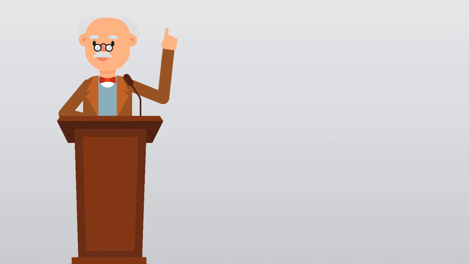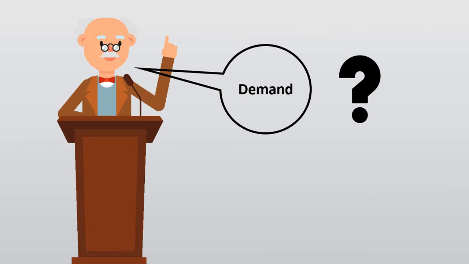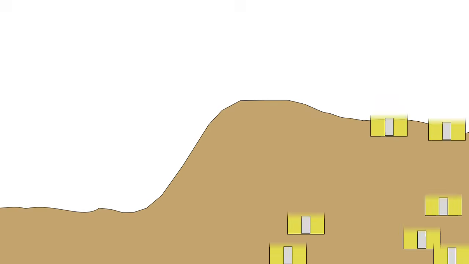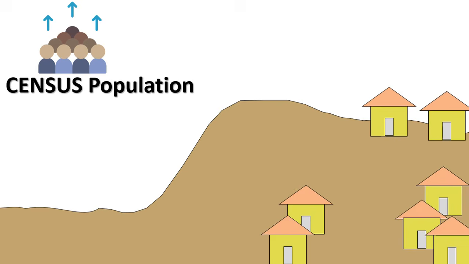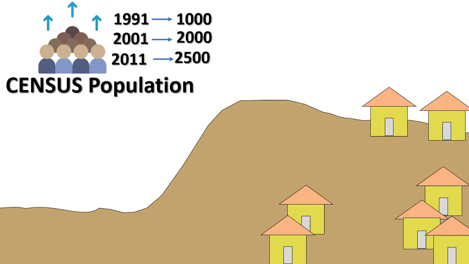and distribution network. But before that we need to find out one parameter which is most important parameter in designing of water supply system and it is demand. So what is demand and how to find that demand? Let's take previous village example. In that, there were some houses. Villages needed water and that village population of this year we don't have. To find out that, we will need previous year's census population. We can get previous year's population from census website. Let's say for the year 1991, 2001 and 2011, population of village were 1000, 2000 and 2500 respectively.